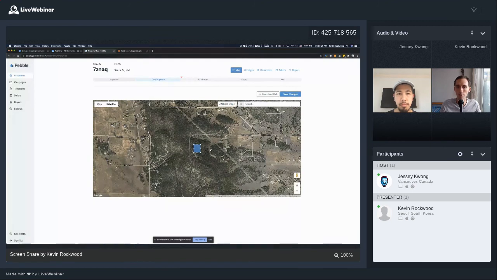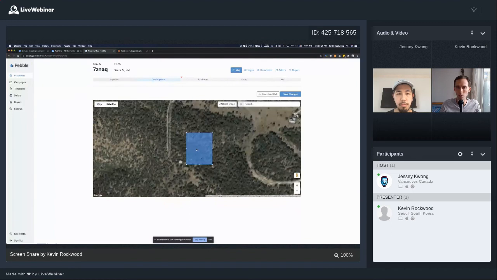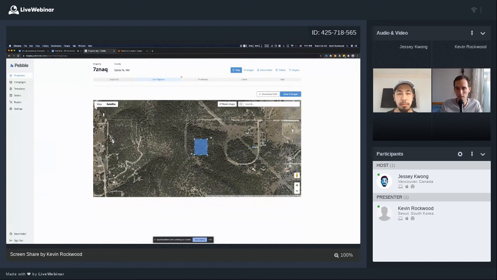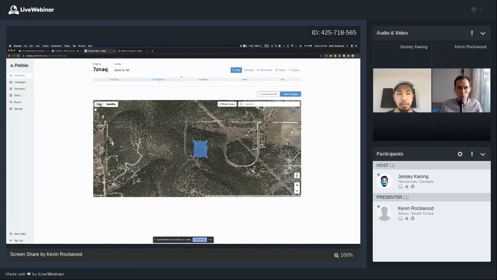So I'll go over to map, and by default, Pebble is just going to draw a 1 acre square around the latitude and longitude that you give in your import. But you'll probably want to either look up the county's GIS maps, or sometimes Google even has the